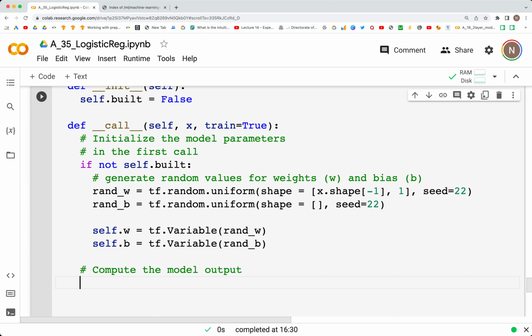If we think about this as y is equal to mx plus b, the equation of a line, similar concept, except that here this is the z, and instead of M this is the W, and the B is our bias. So what we'll do is tf.matmul